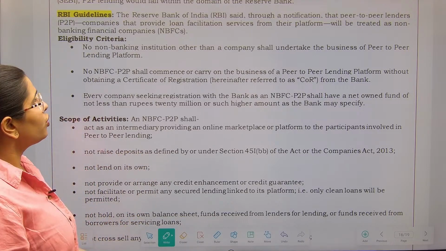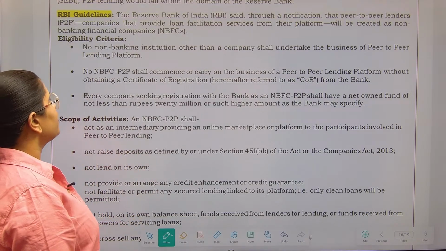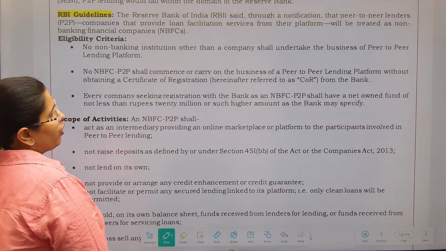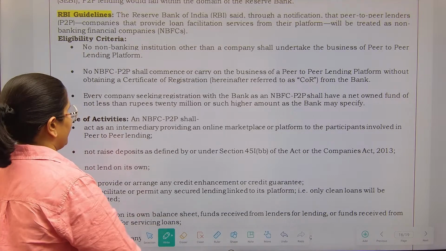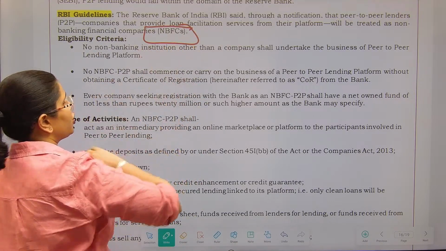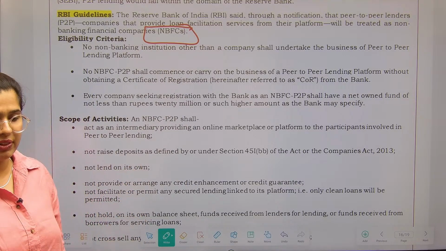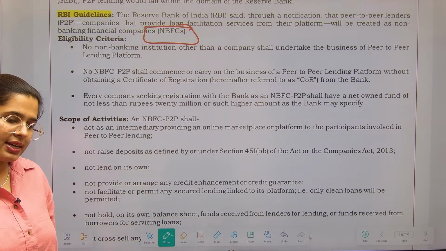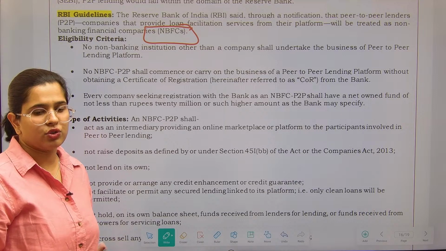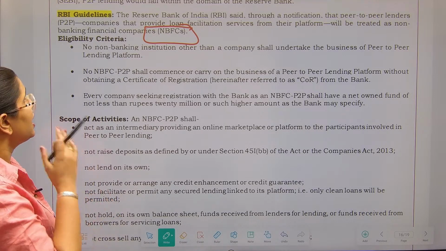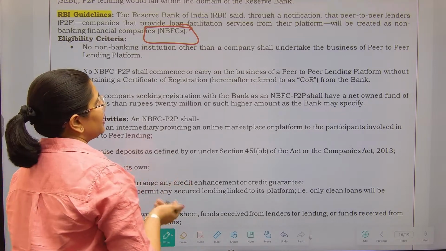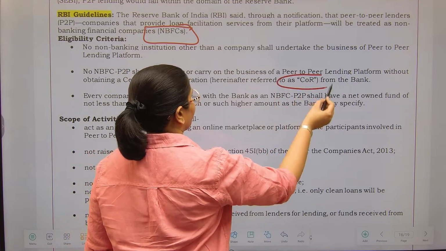So the RBI, through a notification, said that P2P platforms, companies that provide loan facilitation from their platform, will be treated as an NBFC, right? Non-banking financial companies, because ultimately they are dealing with finance, okay? They are dealing with finance, but they are not acting as a bank. So non-banking financial companies, no NBFC shall commence until and unless they get a certificate of registration from